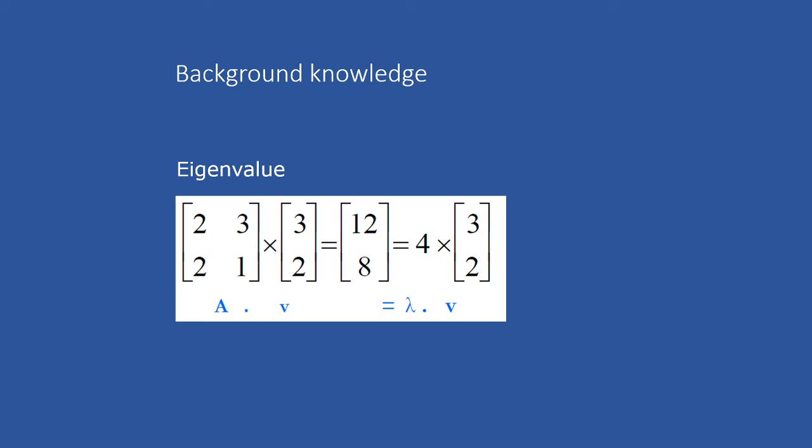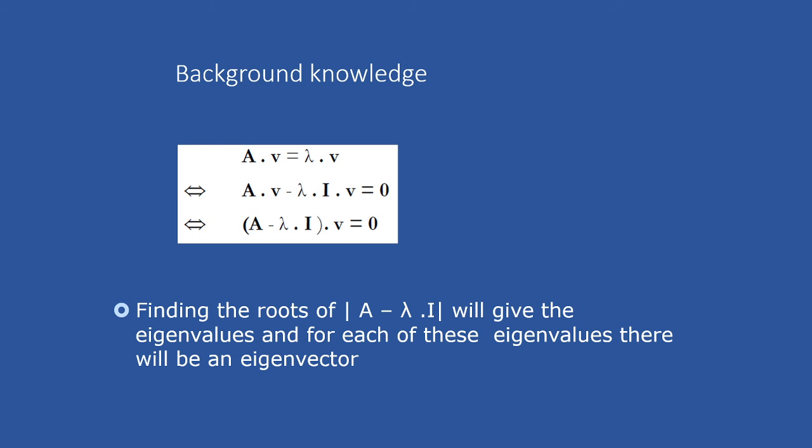And A is the array value which we are going to use for the sample calculations. When we talk about eigenvalues, A multiplied by v is equal to lambda dot v. So here we are going to multiply with this: (A minus lambda I) dot v is equal to 0. Here lambda is a scalar value,